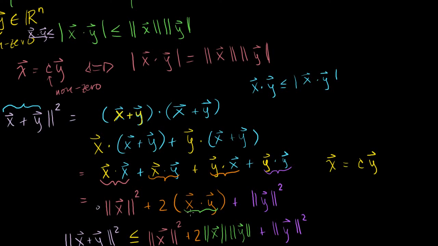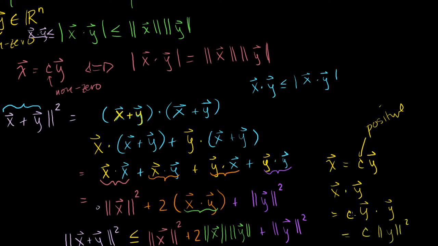No absolute value here. So the only way that I can ensure that this is a positive quantity, that this is the same thing as the absolute value of x dot y, if I'm going to go down this road, is to enforce that this term right here, that c, be positive. Because if c is positive, then x dot y would be the same thing as c y dot y, which we know is just c times the magnitude of y